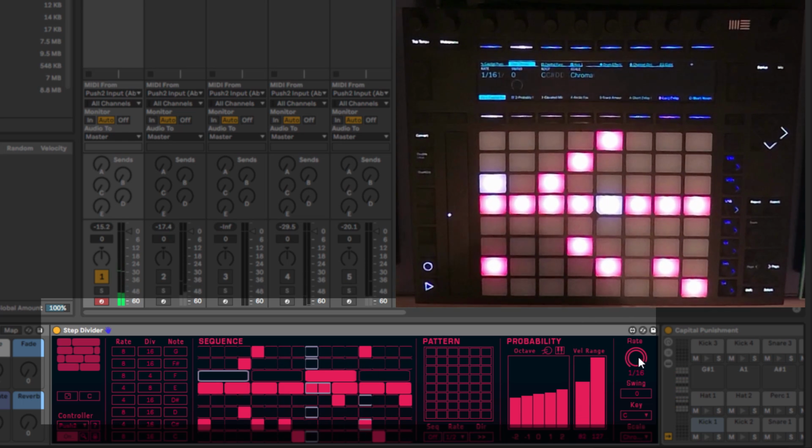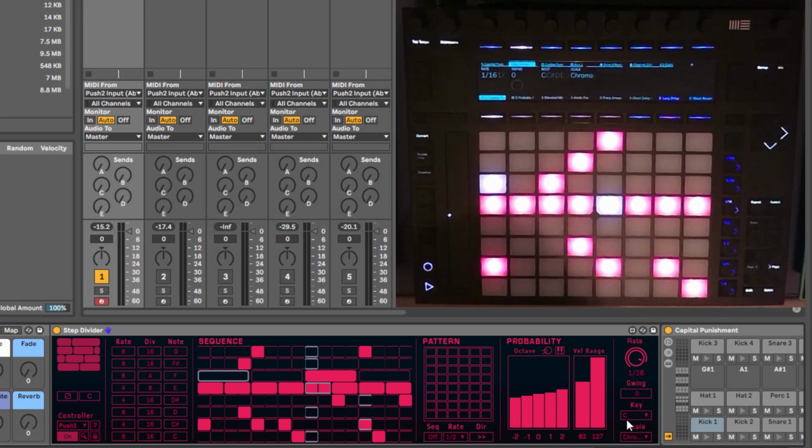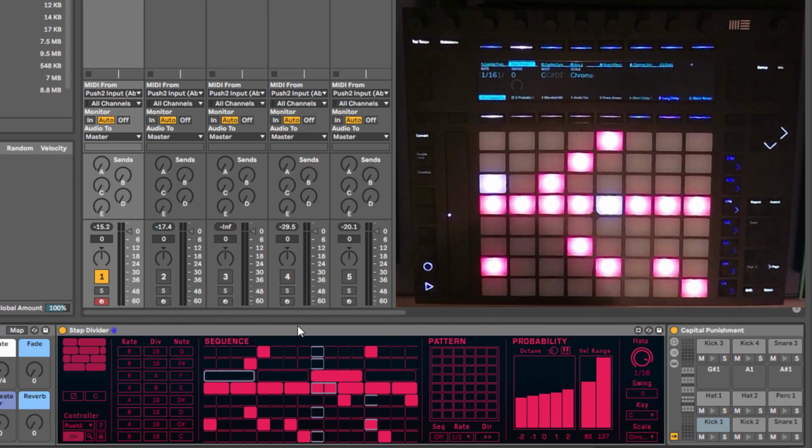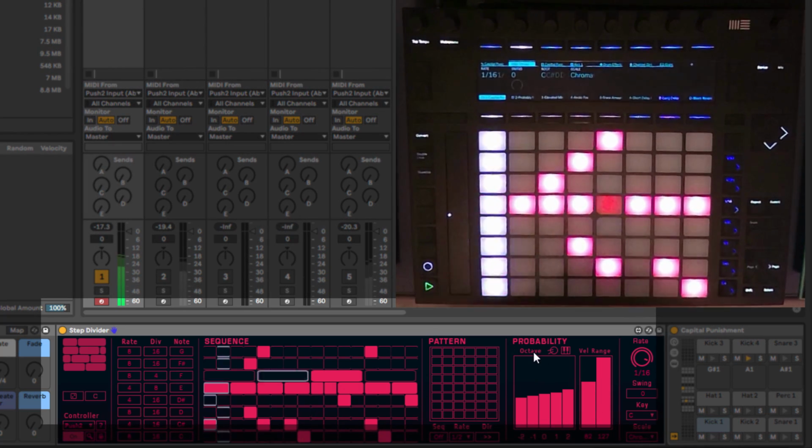And then finally we have the rate, and we have the amount of swing we want, and also what key we would like it to be in. So you could also use this not just for drums, but for melodies and percussion, whatever, or plucks, whatever you want to do. So what we can do here is I'll show you how we can also sequence it